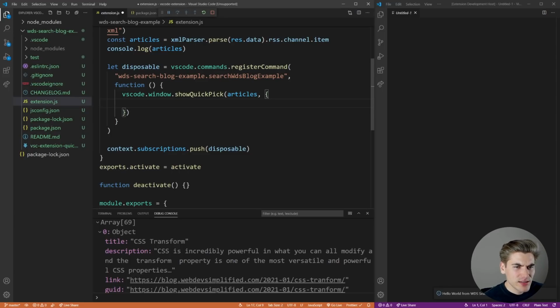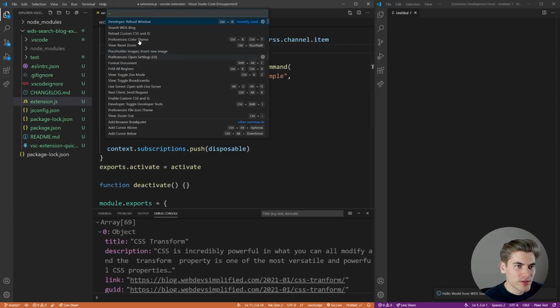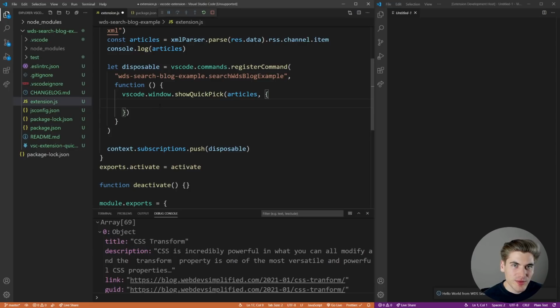And the things inside of this menu can have a few different parameters. Here you can see it just has a label, but you can also have a description below the label, which they call a detail. And we want to be able to match any of the strings we type in, either on the title of the article or the description of the article. And since it's called a detail, we're going to say matchOnDetail to be true, so that we can match both the title and the description of the article.